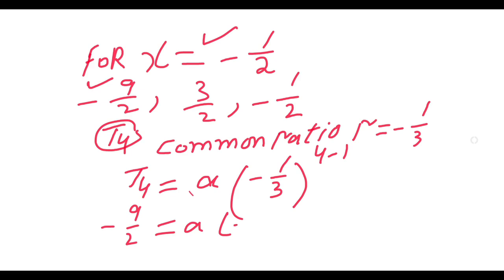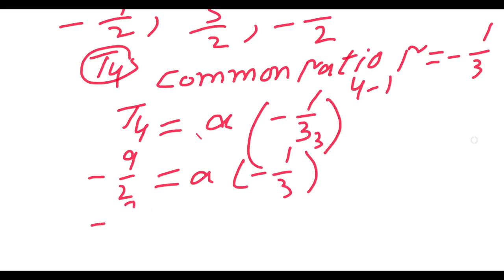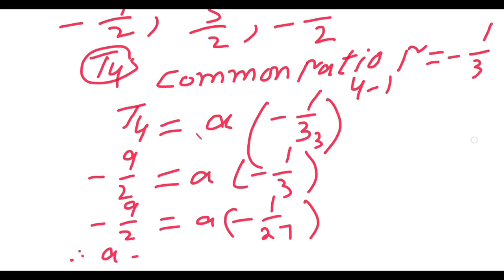First term we need to find out, negative 1 over 3 power 3. Now I'm going to use my calculator to solve this question. So the negative 9 over 2 is equal to a negative 1 over 27. So I need to find the a. Therefore, a is equal to